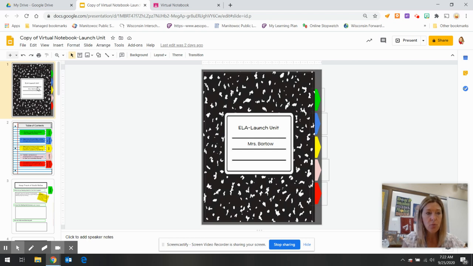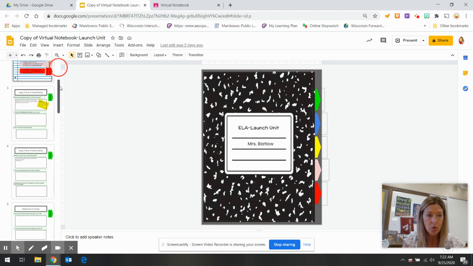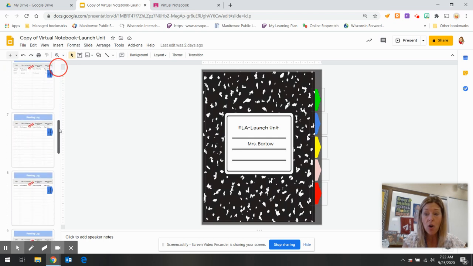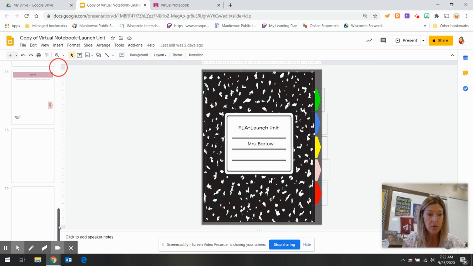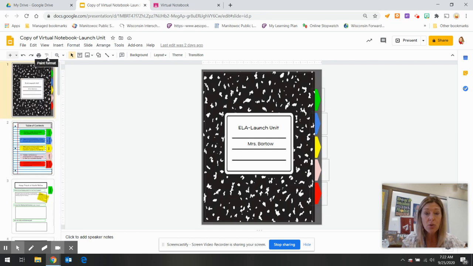Once you click on your notebook, you can, using the little toolbar, scroll down to see all of the pages in your notebook. This is your notebook where you will store all of your thinking, your goals, your jots, what books you're reading, and for how long or how many pages. So when I click on the first slide, it's going to show me enlarged right here, the very first page